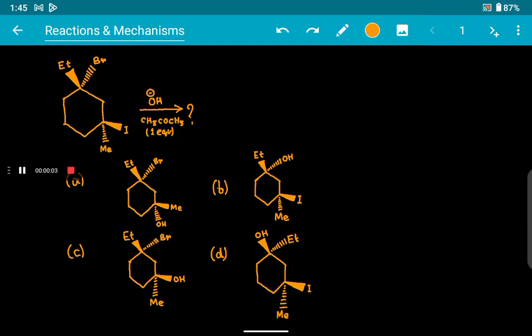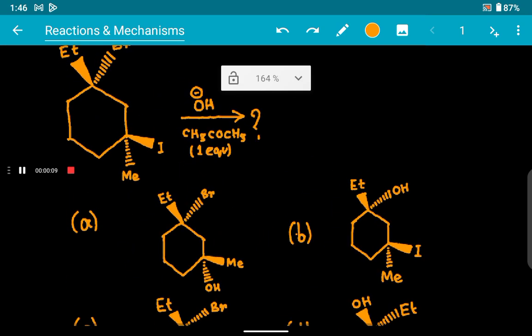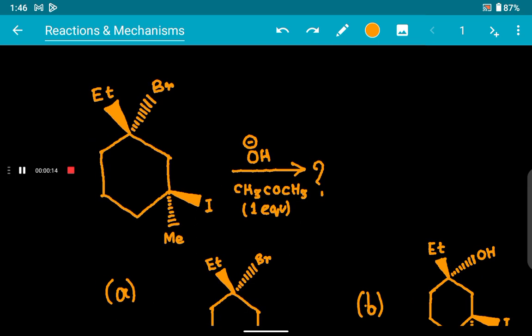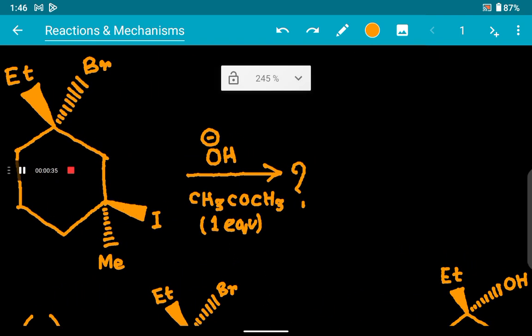Hello all. Today we'll be going to solve this question, this is from organic chemistry. As you can see, we have been given a cyclohexane ring, and here we have Et and Br, Et at wedge and bromine at dash, and in this position we have iodine at wedge and methyl group at dash. So the reactant has been given that OH minus, which is basically the reactant for SN2 or